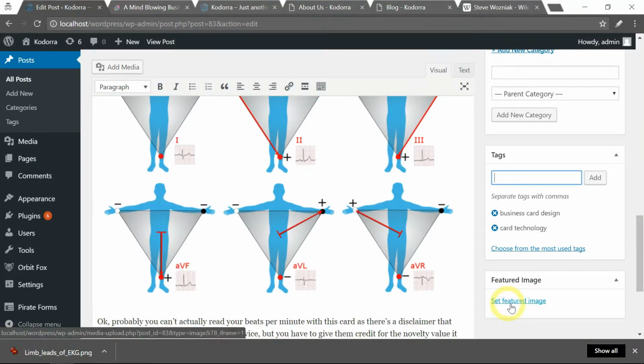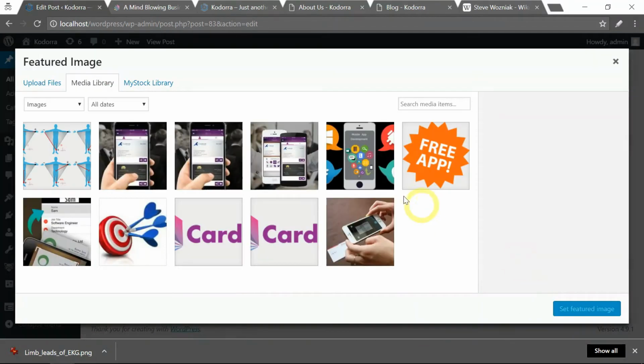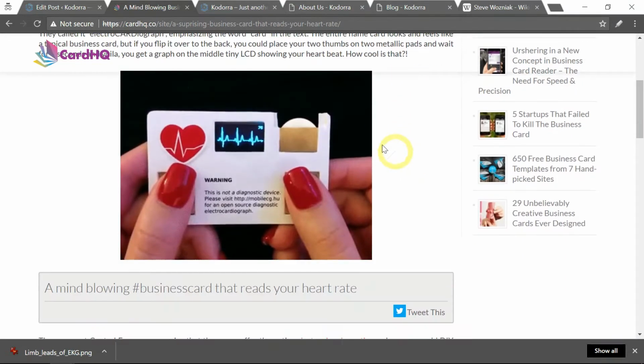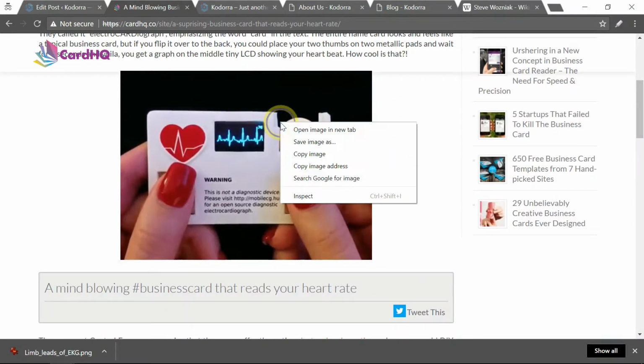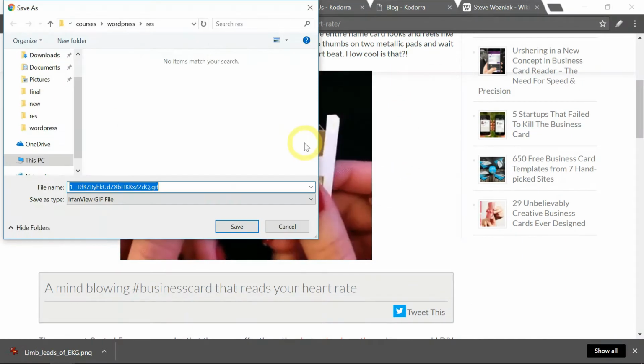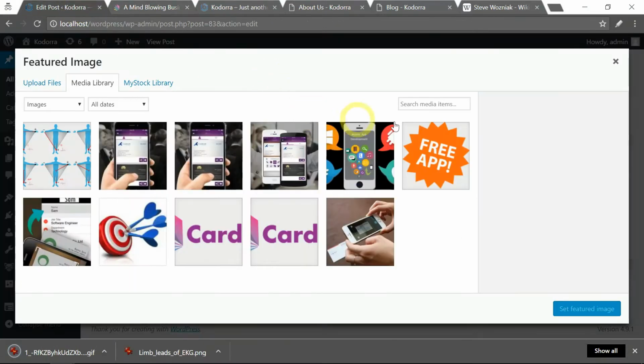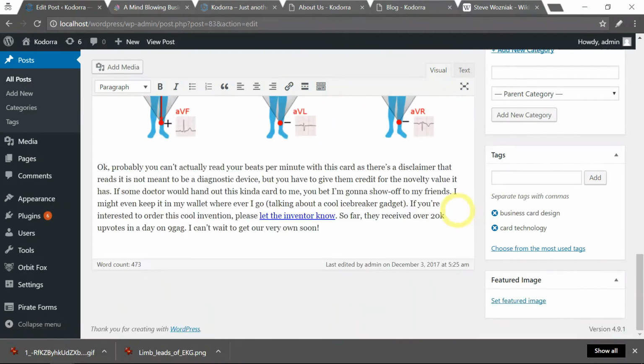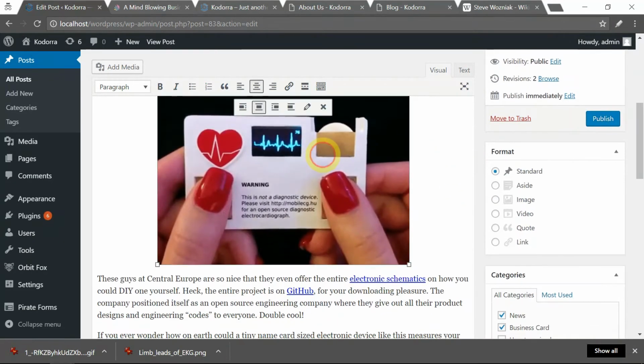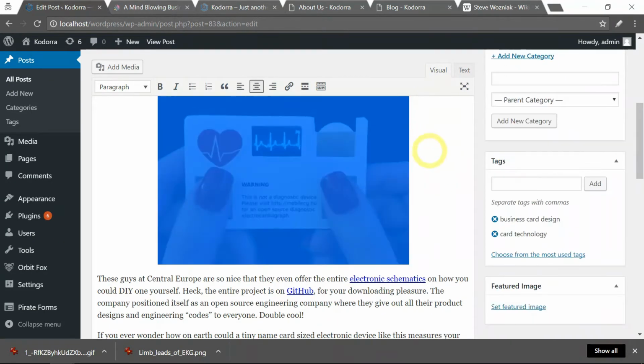We could set a featured image for this article as well. Click on featured image. We could use this image here, save it. It's actually an animated GIF image, as you can see here, GIF, which is why the image is moving. Now you may be wondering, we already have this image over here, but you have to remember